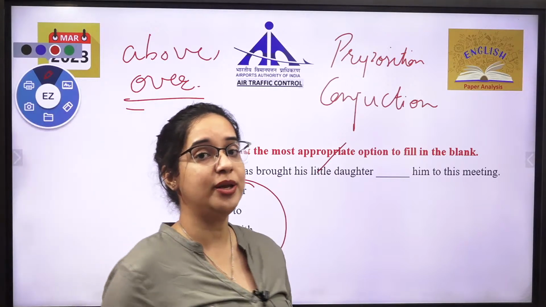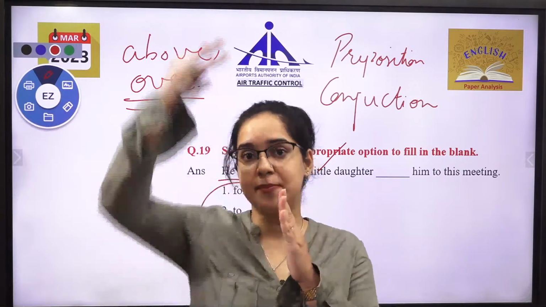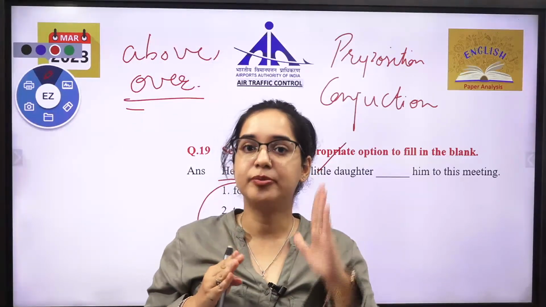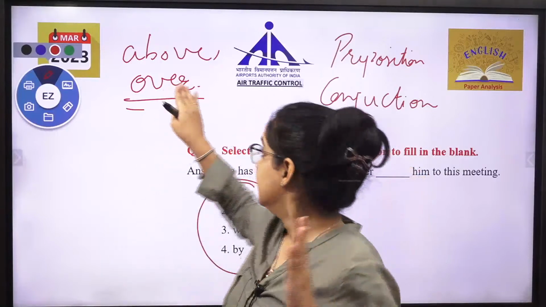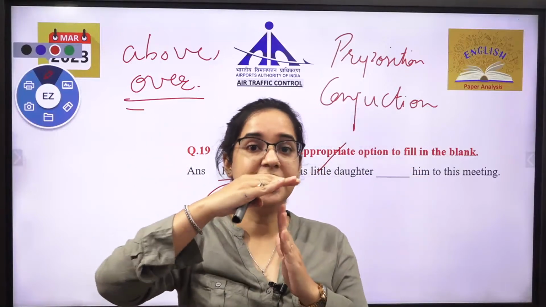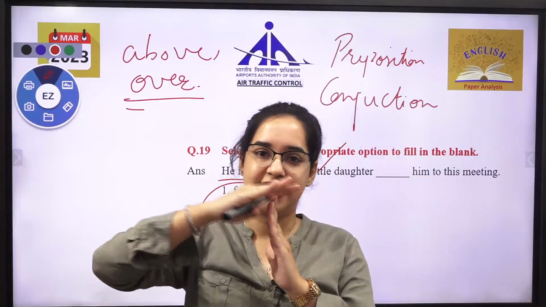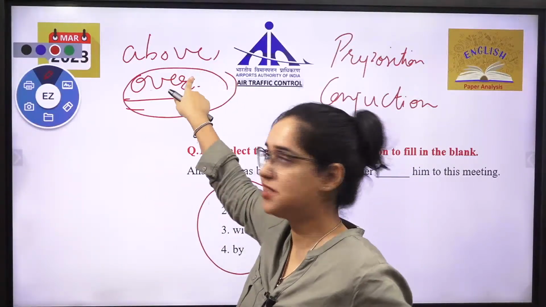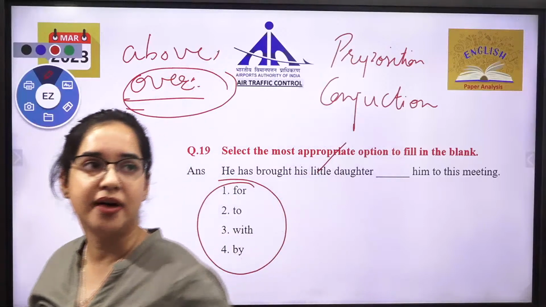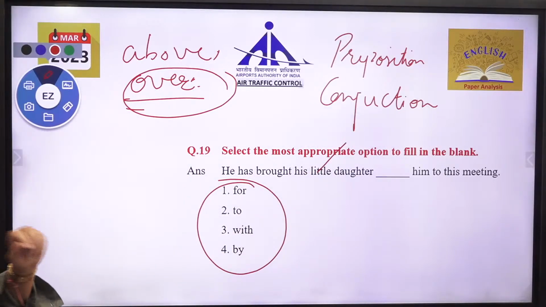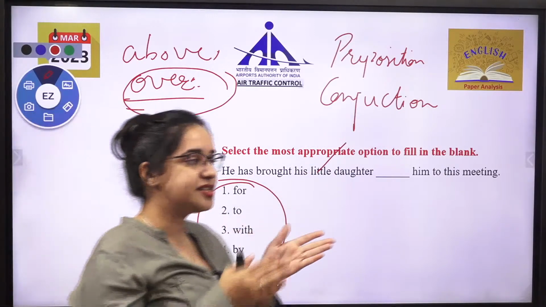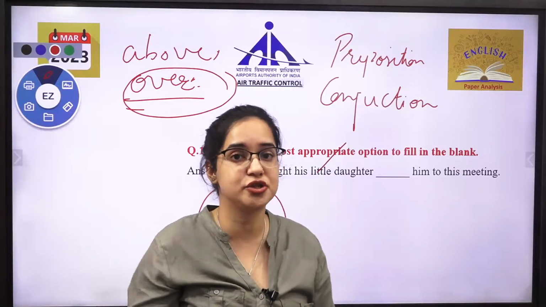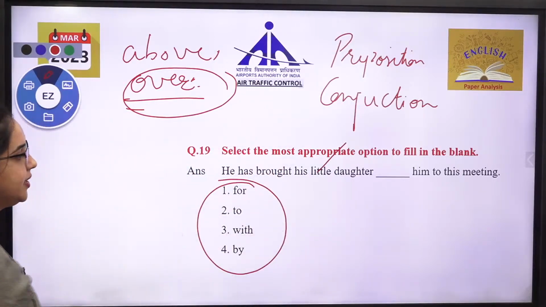Above is not when you're touching the position. Sun is above our head. Above बताता है position को, जो over बताता है वो बताता है level को. जब बेडशीट ऊपर है, लेवल ऊपर है उसका, तो क्या आएगा आपका, over आएगा. टचिंग हो रही है इसमें, टचिंग नहीं हो रही तो above आएगा. Minute differences होते हैं जो आपको याद रखने होते हैं. Between जैसे दो चीजों में आ गया, among दो से ज्यादा चीजों में आ गया, that is a difference. अब इसका बताओ भाई आंसर क्या आएगा. Great, Aman, over touches, everyone is right है.